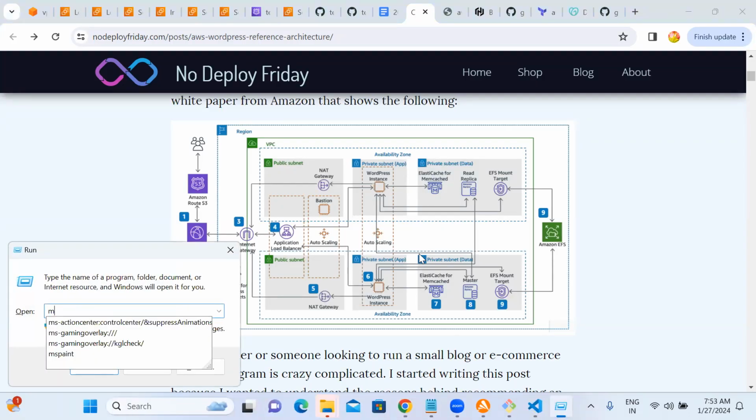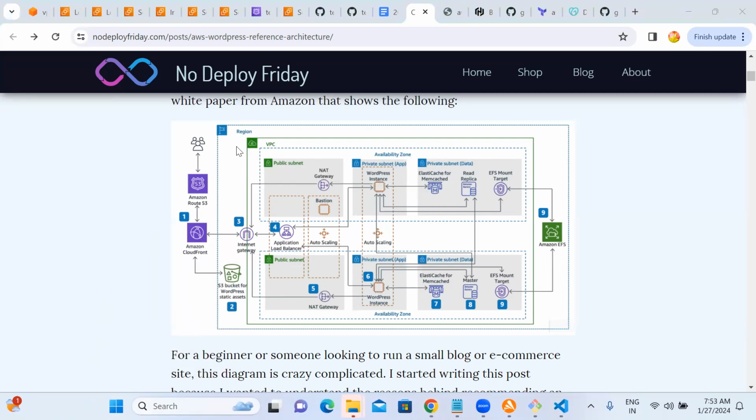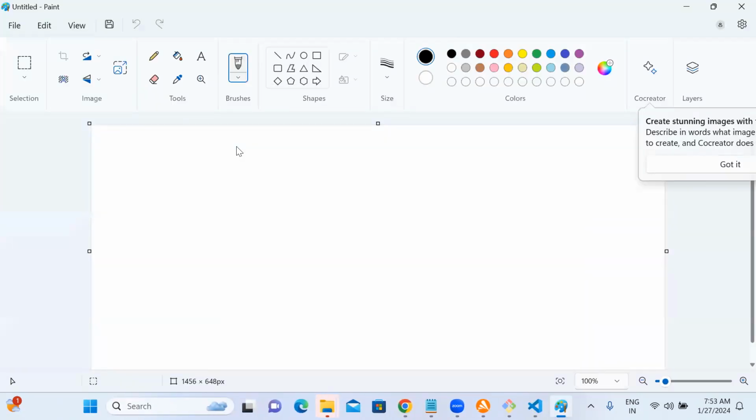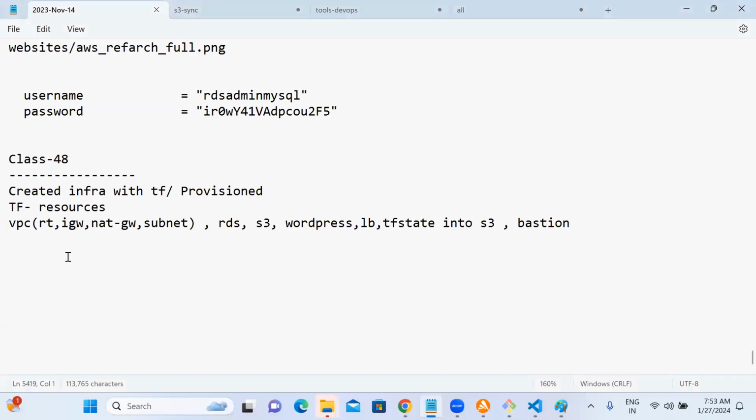Let me keep it in the notepad. You can say it's the observability setup. What we are doing nowadays, the keyword they call is observability. When I say observability, two things will come: monitoring and logging.